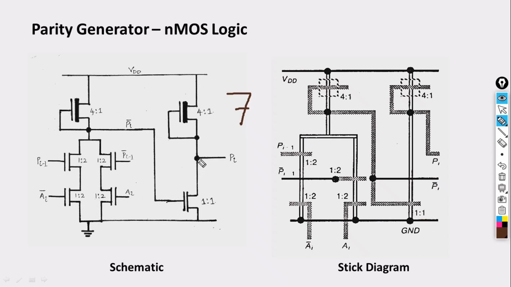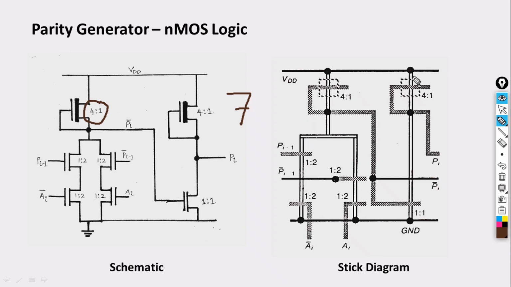But the problem here is that we need to maintain our pull up to pull down ratio. This was the drawback. The pull up and pull down regions we had studied in the gate logic class. So again we need to maintain our pull up and pull down region. This is one more way of representing our logic, and the same stick diagram you can observe over here.